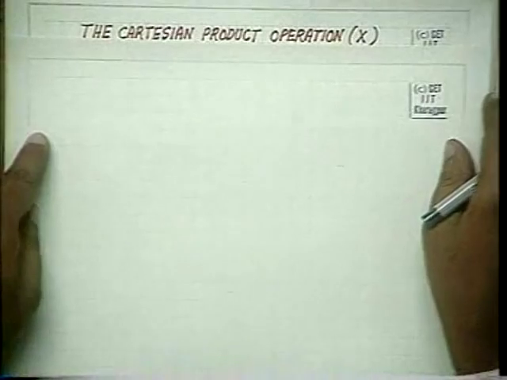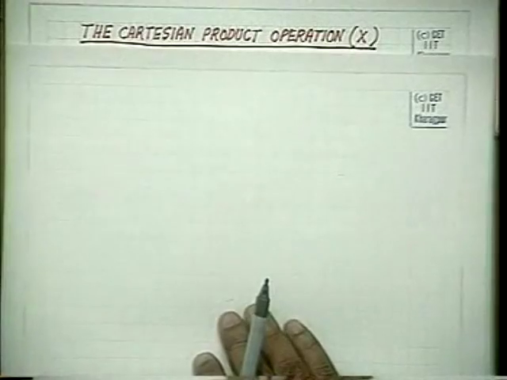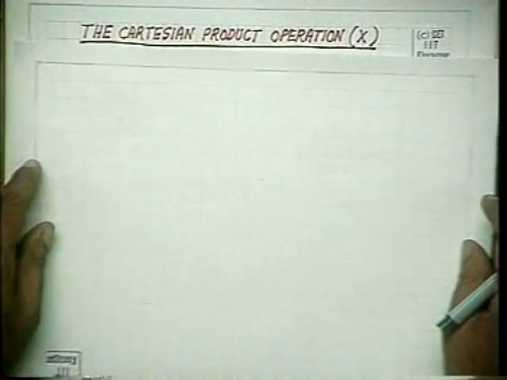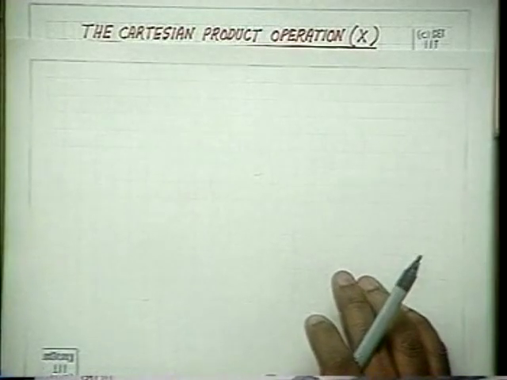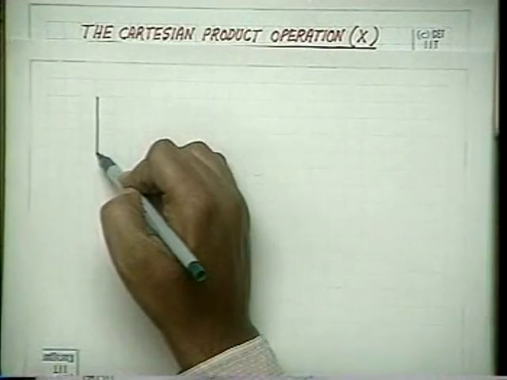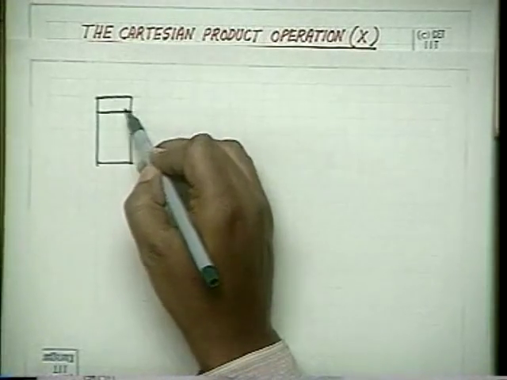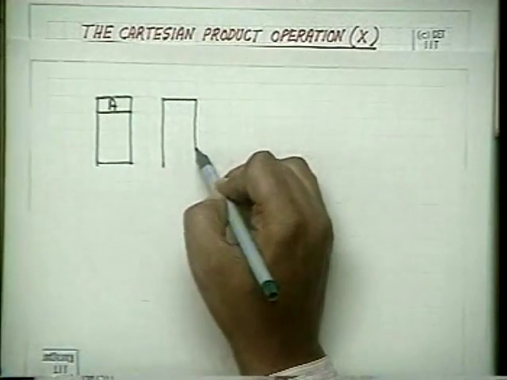We now come to the next fundamental operation. The next fundamental operation is the Cartesian product operator. I have explained Cartesian product before. I'll just quickly review it again. Let us have two relations. One has got attribute A, another has got attribute B,